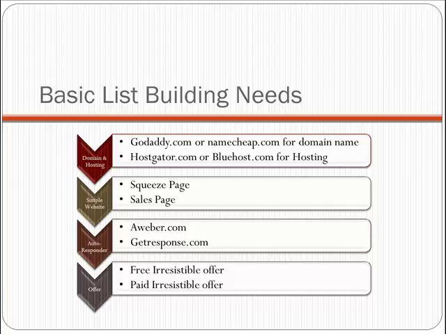You're going to have an autoresponder. My recommendations are, number one, aweber.com. I love that autoresponder. It's got all the features that you need to really build and manage a good list. My second one would probably be getresponse.com. These are two great ones that will grow with you as you're going, and that's something that's very important, to choose an autoresponder that you can grow with, because it's really hard to switch when you're midstream.